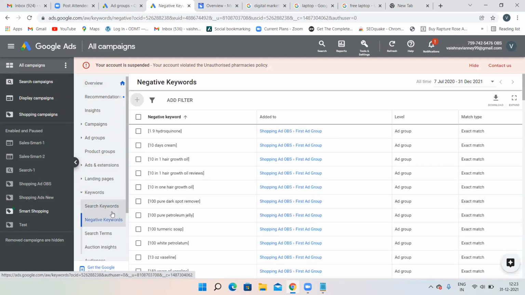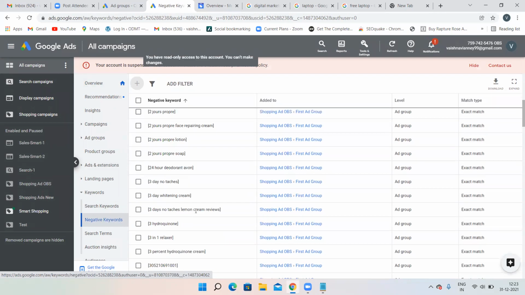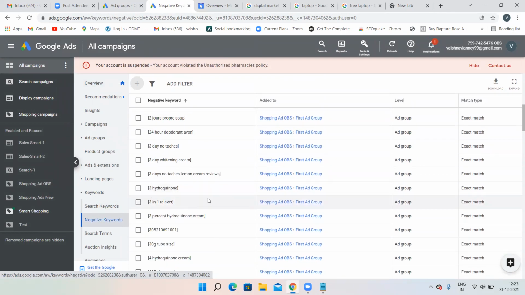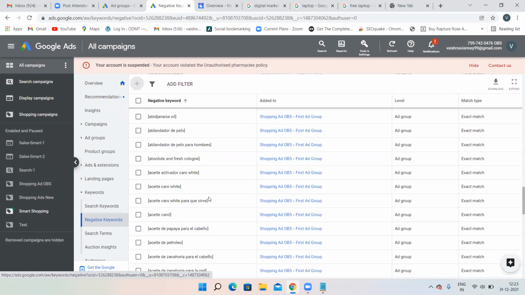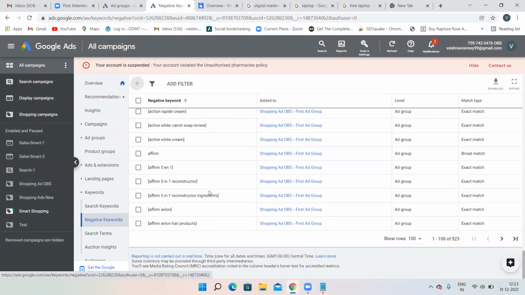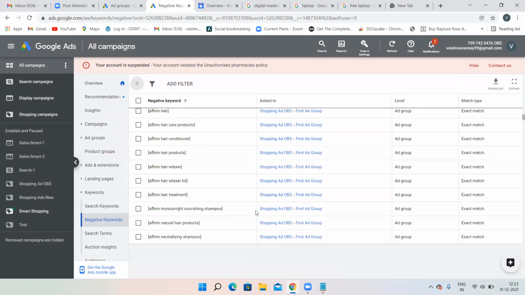We'll see how many keywords we have turned into negative keywords. See, all these things we have turned into negative keywords. That means if somebody searches like this, then our advertisement is not going to appear. Let me scroll down and show it to you.